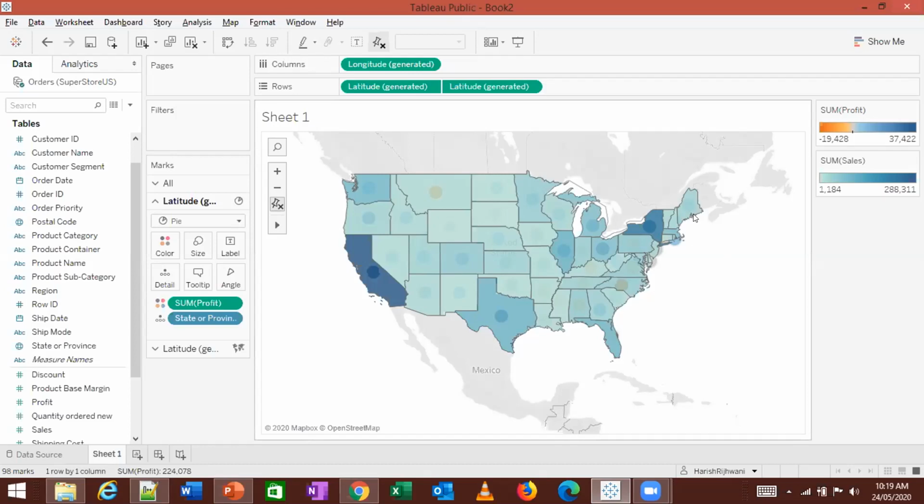We have first found out which state is the most profitable. Most of you got the answer as California. Then what I want you to do is, like yesterday, create a dual axis map, and in one of them should be profit, the other should be sales. The profit is as a pie chart.